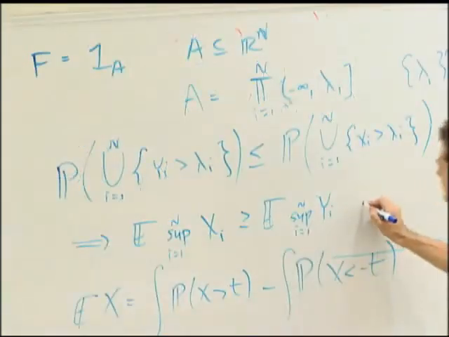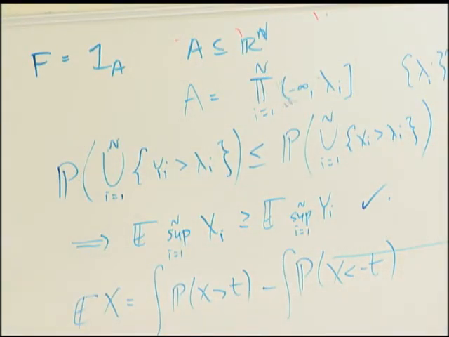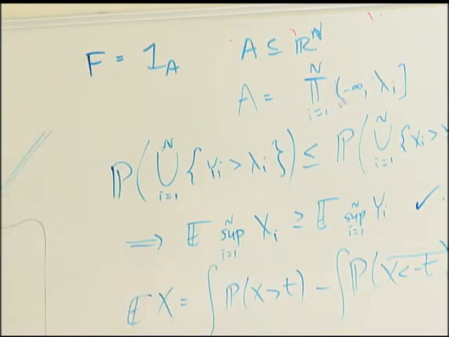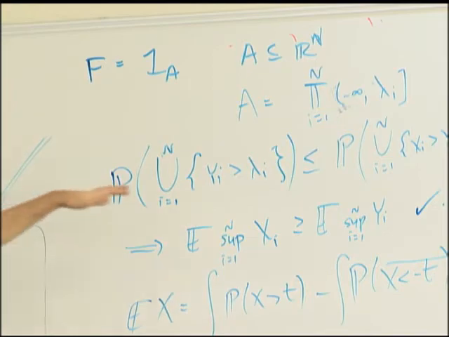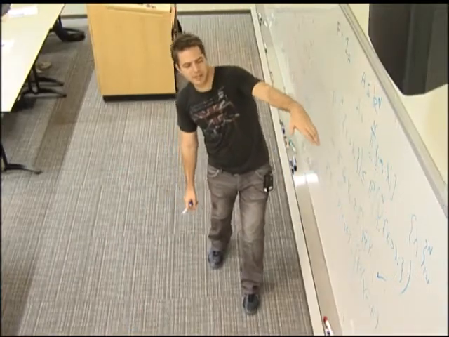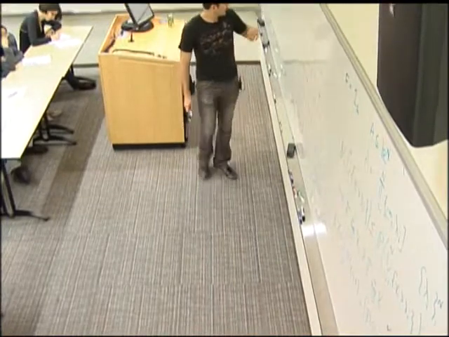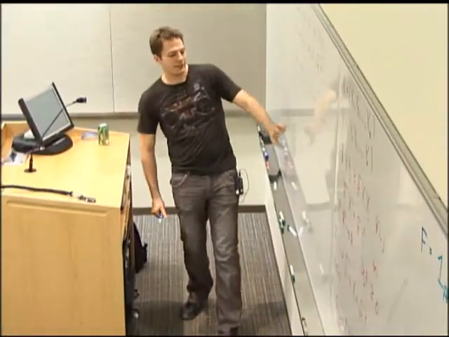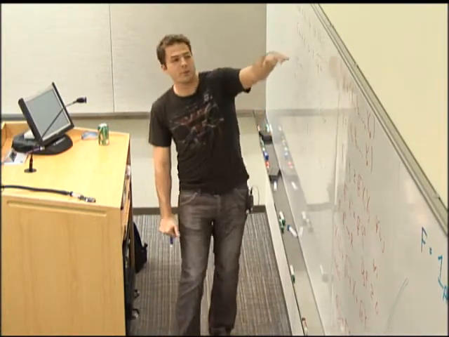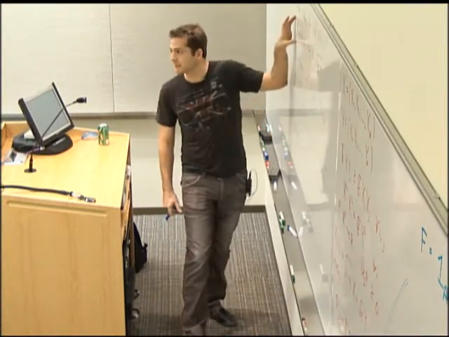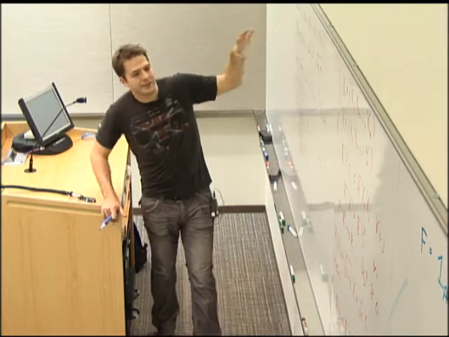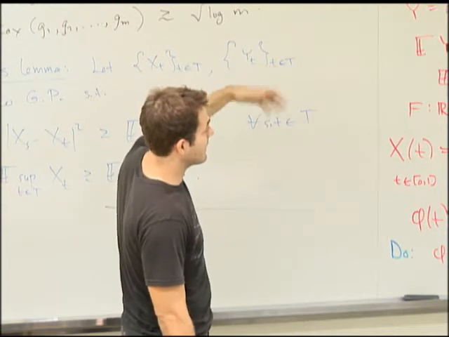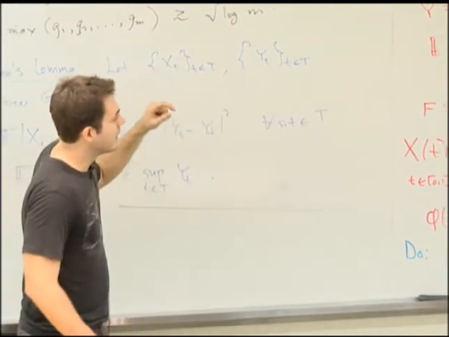So we get this, I don't want to call it majoration, but we get the fact that the expected supremum of the x's is bigger than the expected supremum of the y's. So we've proven that as the distances decrease, the expected supremum of the process goes up, and therefore we can always reduce to the independent case. Okay, so I have 5 minutes. I want to at least finish this stuff about Gaussian processes so that next time we can actually finish the proof of the majorizing measures theorem.